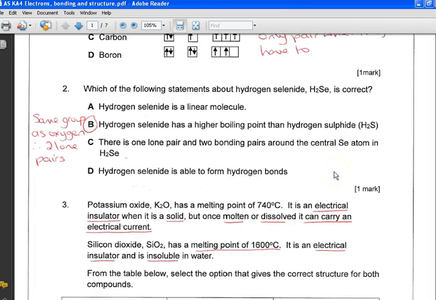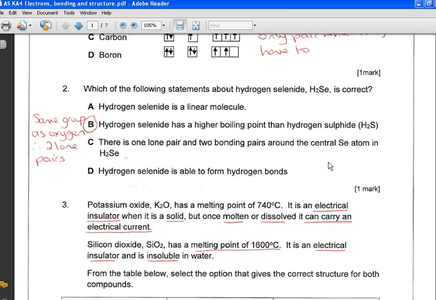The following statements about hydrogen selenide. It's in the same group as oxygen, so you should know straight away that it has 2 lone pairs. So it will have a higher boiling point than hydrogen sulfide. It's not linear. There is not one lone pair, and it cannot form hydrogen bonds, so it has to be this statement, doesn't it? It's a higher boiling point than hydrogen sulfide, and I would put that down personally to